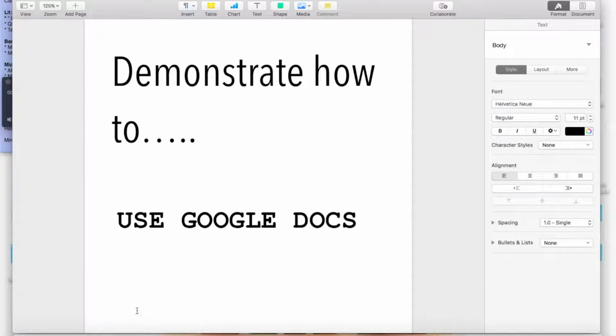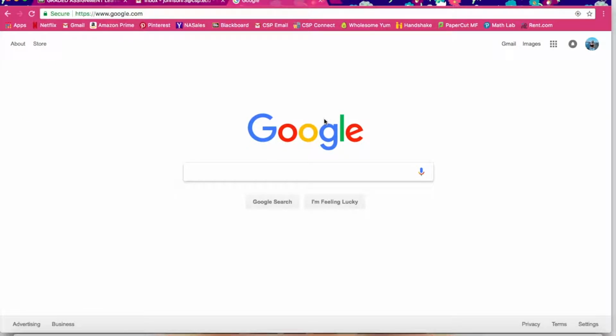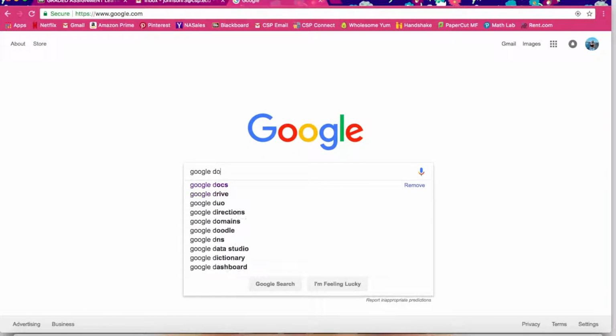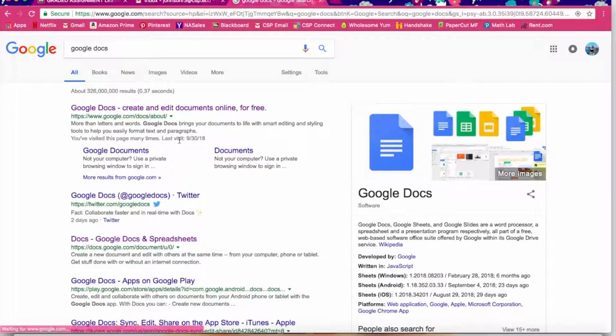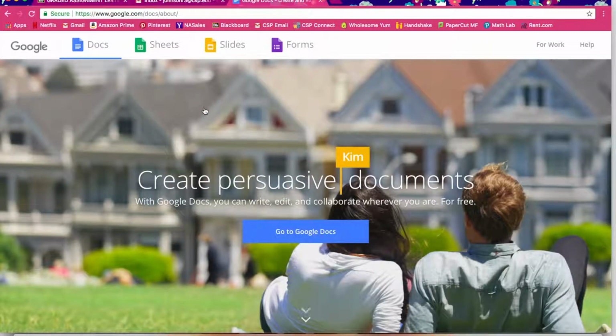First, you're going to open up any browser of your choice. You are simply going to type in Google Docs. Now you can choose Google Docs down here or Google Docs right here, which I'm going to choose. Now you have Docs,